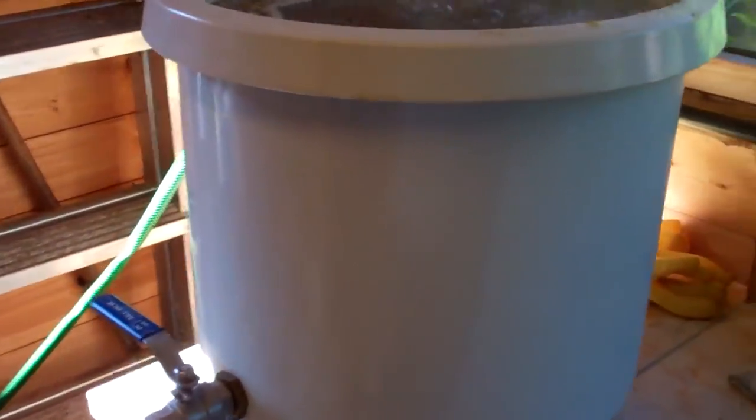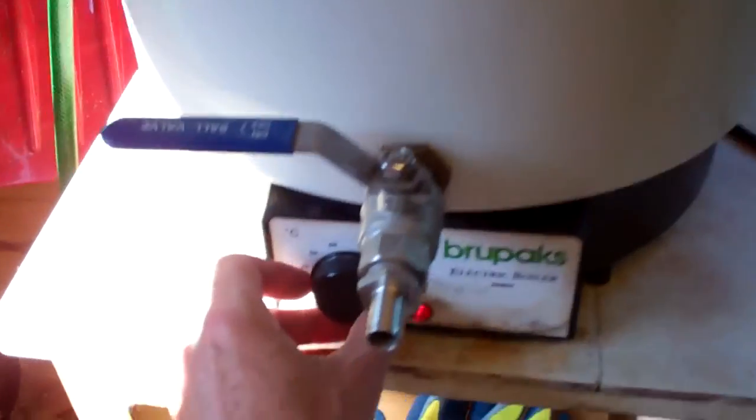Oh, fantastic, glorious smell. So this addition is within 15 minutes of the end of the hop boil, and then there'll be a third addition within 1 minute of the hot boil ending. Okay, that's it, boiler off